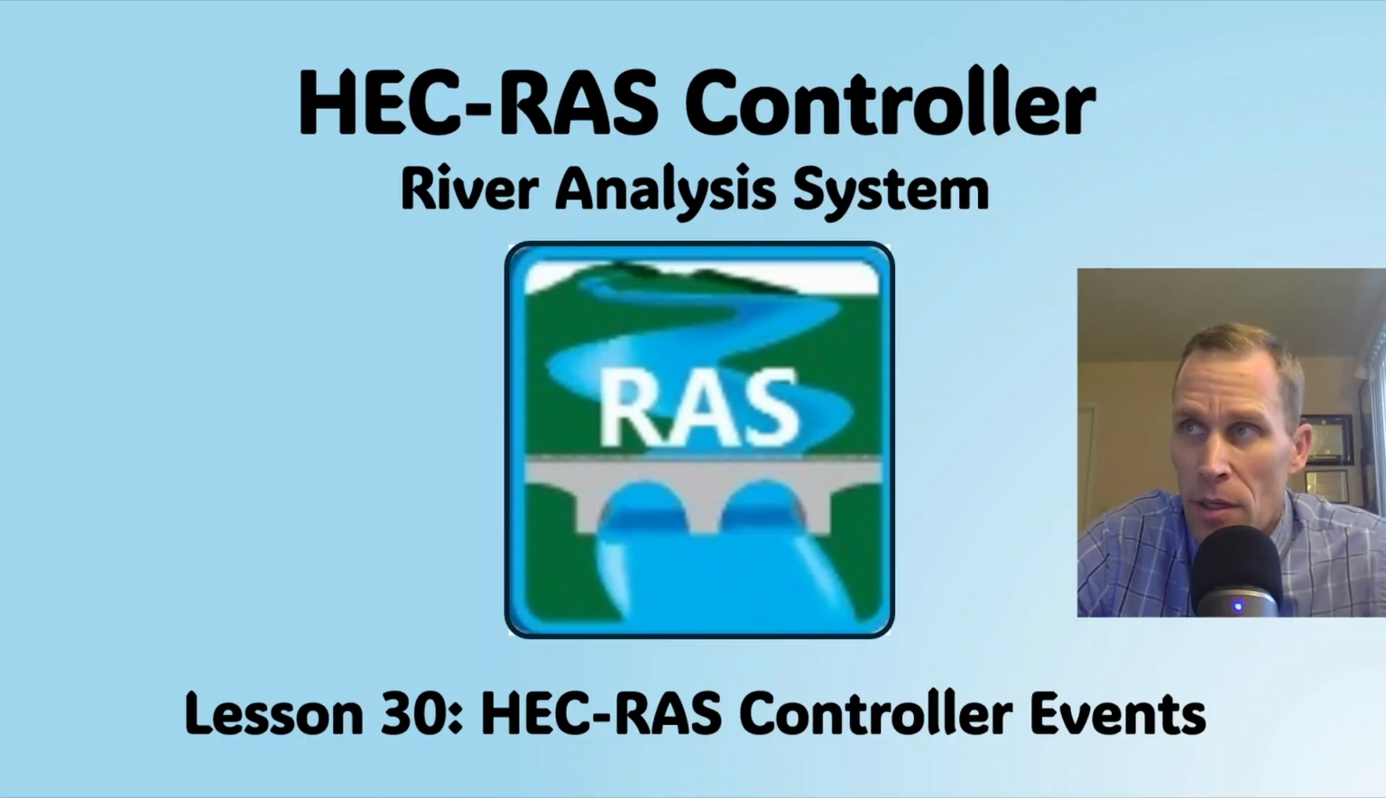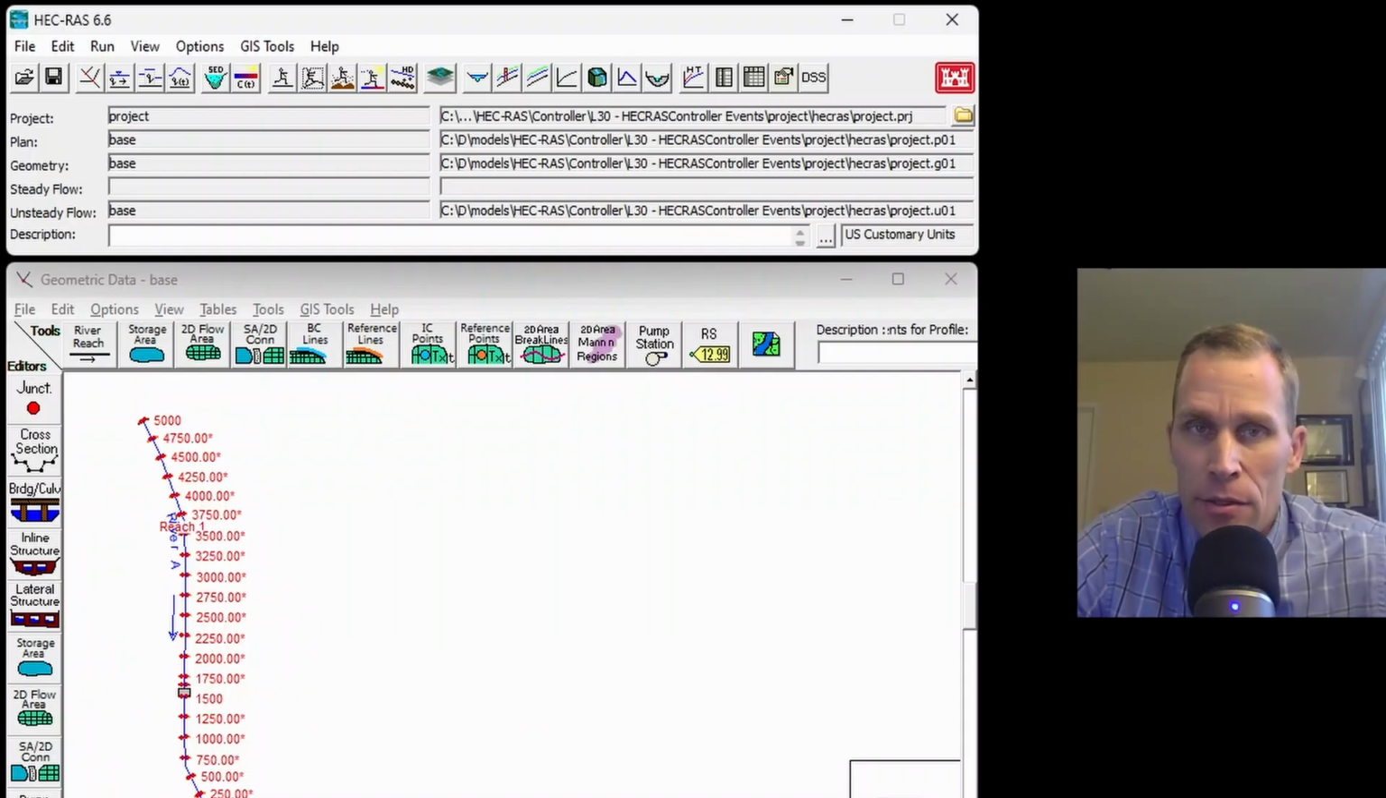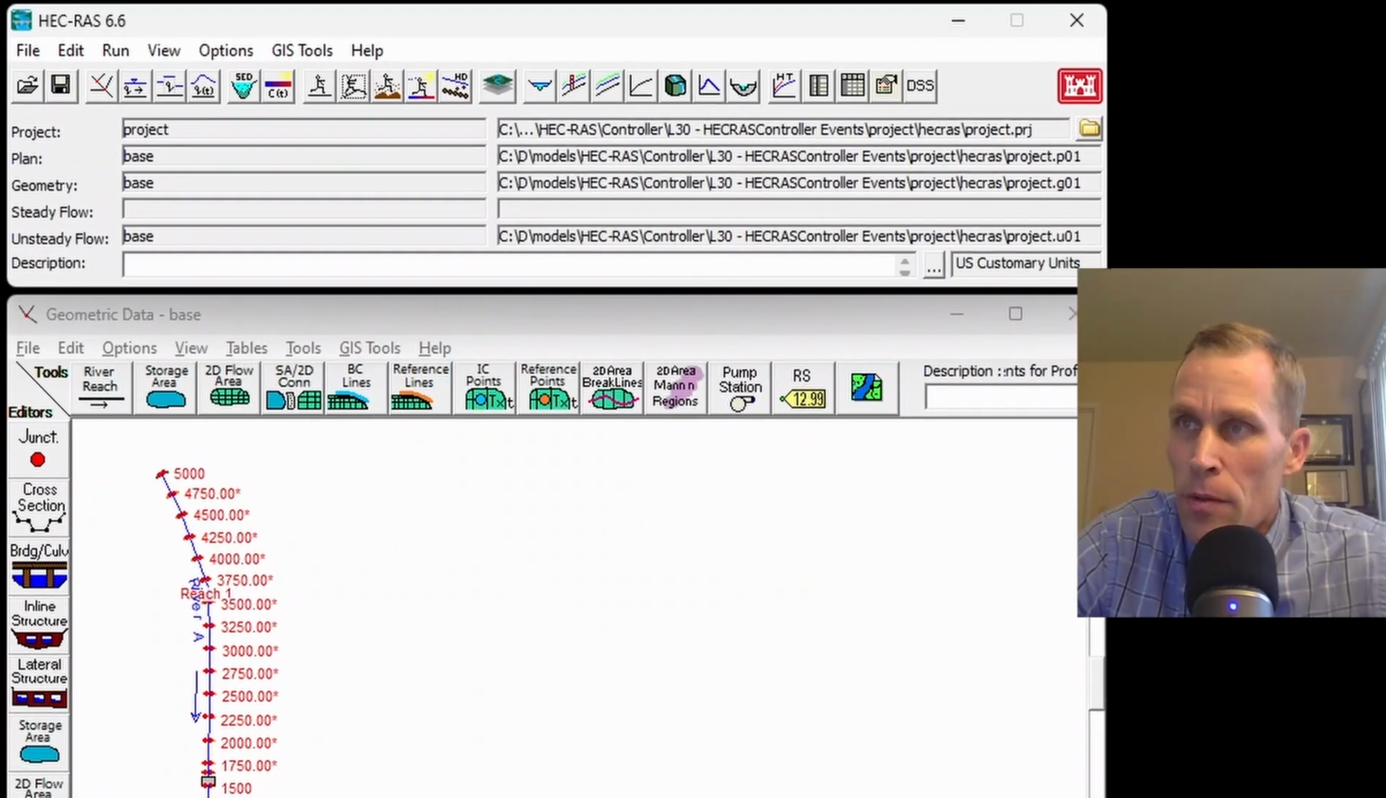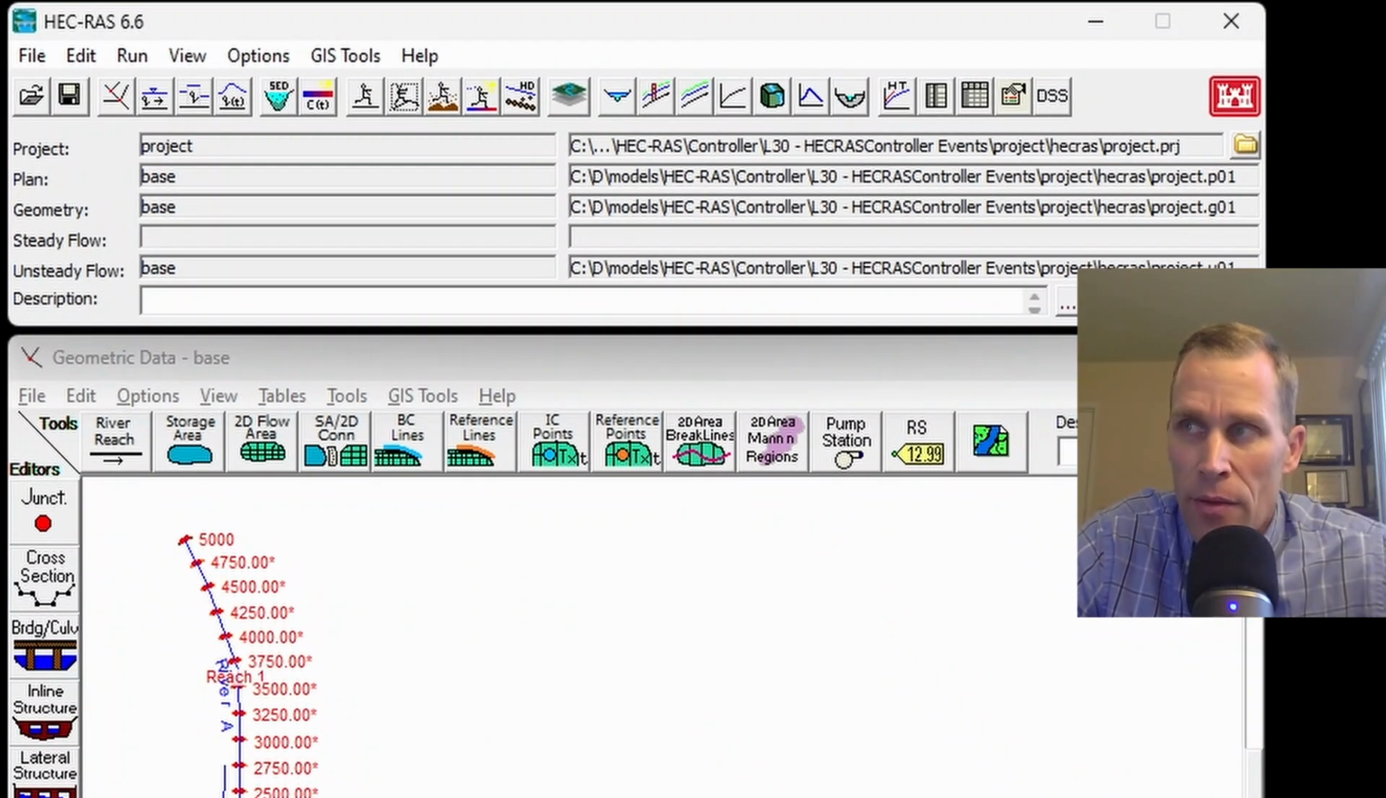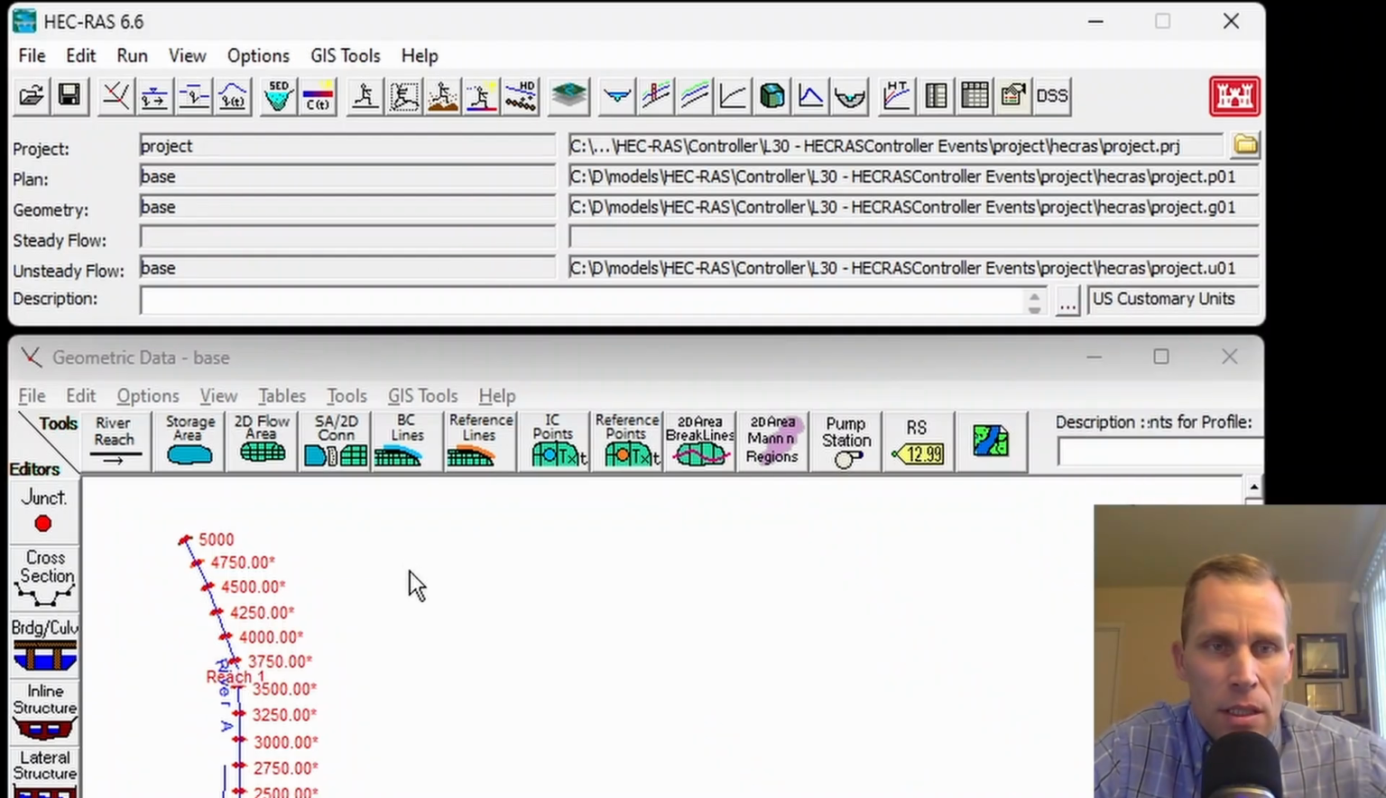In this lesson, we're going to be talking about HEC-RAS controller events. Events are signals that something has happened and are a core concept in event-driven programming, where the flow of the program is determined by events rather than a fixed sequence of instructions. So what we're going to be seeing in this lesson is the HEC-RAS controller events, and I'm going to show